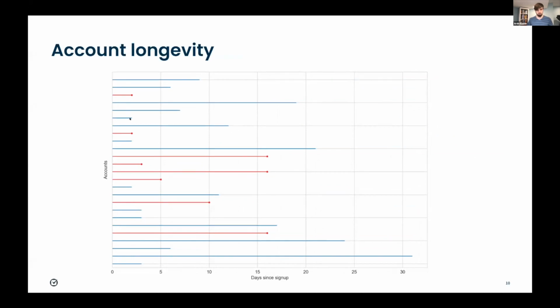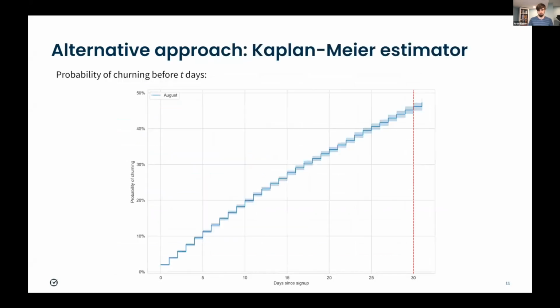and we know the duration for each account. We know whether they churned or not. And we know whether they were censored or not. So using just these three pieces of information, now we can apply survival analysis. And the classical approach here is to use the Kaplan-Meier estimator. If you plug these numbers in there and crunch them a bit, you'll get this sort of nice